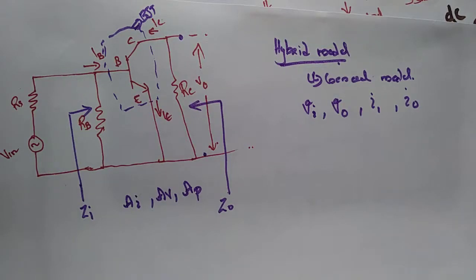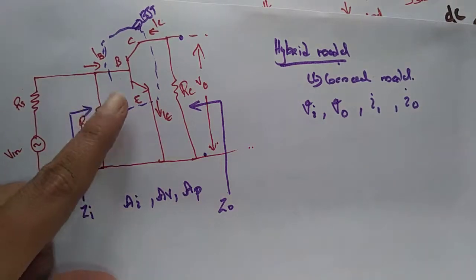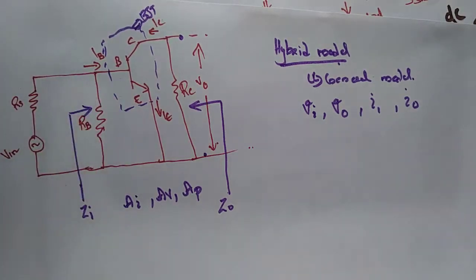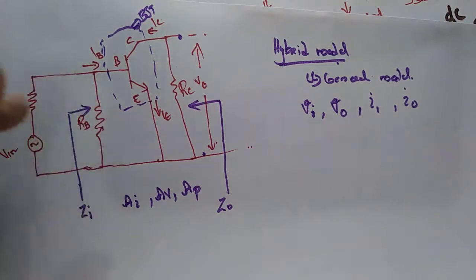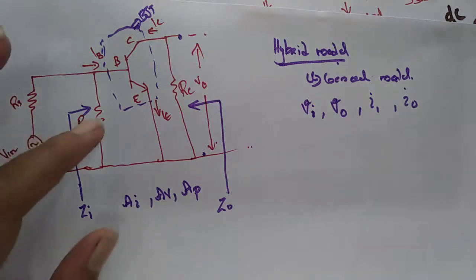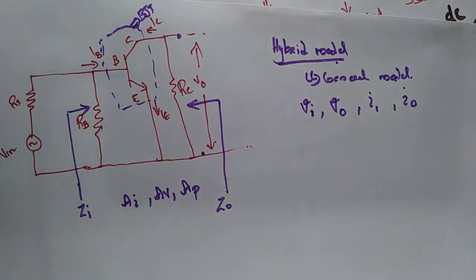Why do we represent this in a simplified equivalent circuit? Because we cannot apply the network theorems or circuit theorems directly to practical devices like this. For that, we have to make it into simplified equivalent circuit elements. That's why we are using an equivalent model, converting this BJT into simplified circuit elements like inductors, capacitors, voltage sources, resistors and current sources.